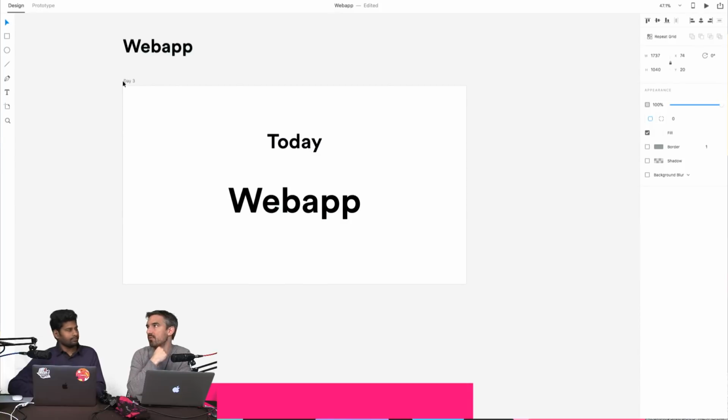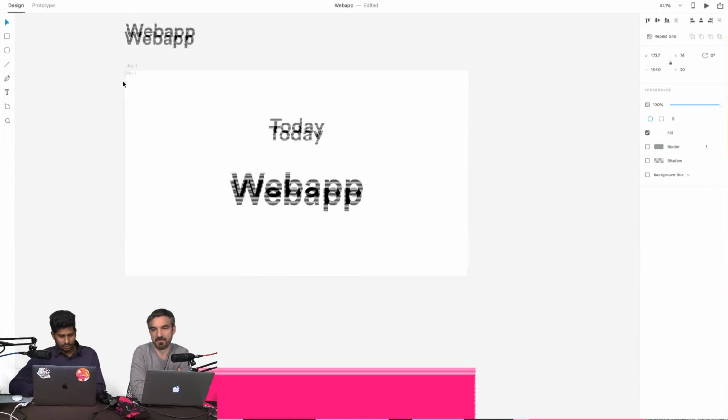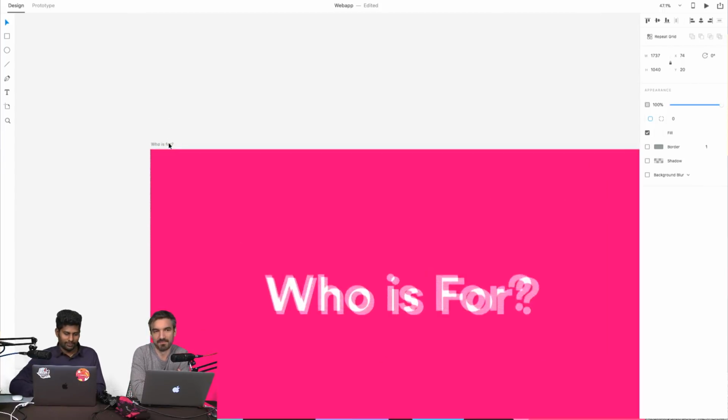So what do we have for web apps? We have LinkedIn as a web app. We have Gmail, it's also a web app. It's an app, but in the browser. Asana is a web app. Yeah, we use Asana for Adobe Live. Great. Okay, so web app. Interesting.